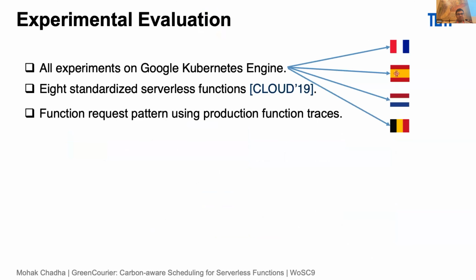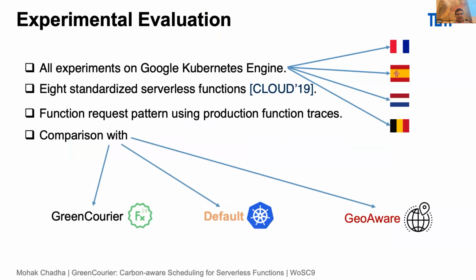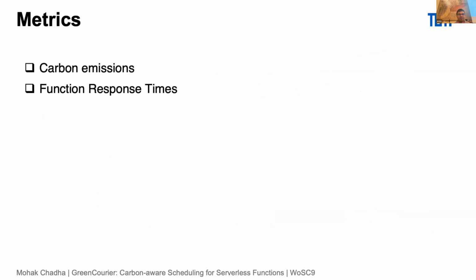For emulating actual user behavior, we use production open source Azure function traces for generating requests. And we compared our strategies with two other approaches: the default scheduling strategy in Kubernetes and a geo-aware scheduling strategy that maximizes the placement of functions in regions which are closest to the management control plane. All right, so for evaluation, we use different metrics: carbon emissions, function response times, and scheduling latency and binding